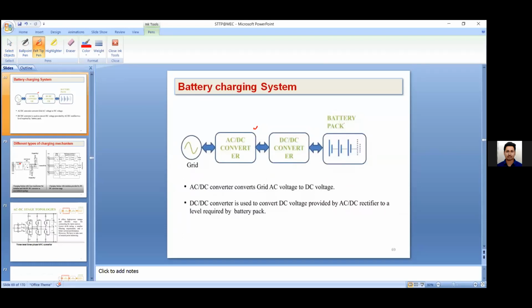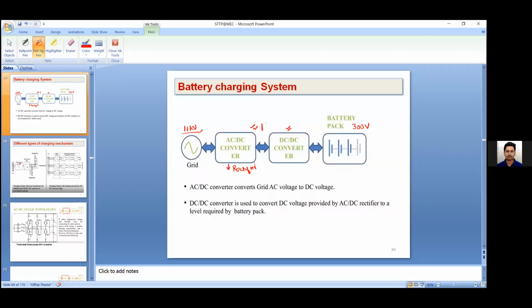But the thing is, this battery pack, suppose it requires some 300 volts, let us assume. Here, suppose it's some 11 kV, for example. Whatever the value we get here, we call this a rectifier basically. Whatever the voltage we obtain here may not be purely constant. So the required value will be obtained through another conversion, DC to DC conversion. If you use one more conversion here, you will be able to control it more properly. That's why we are using two conversions, two power stages, AC to DC and again DC to DC.